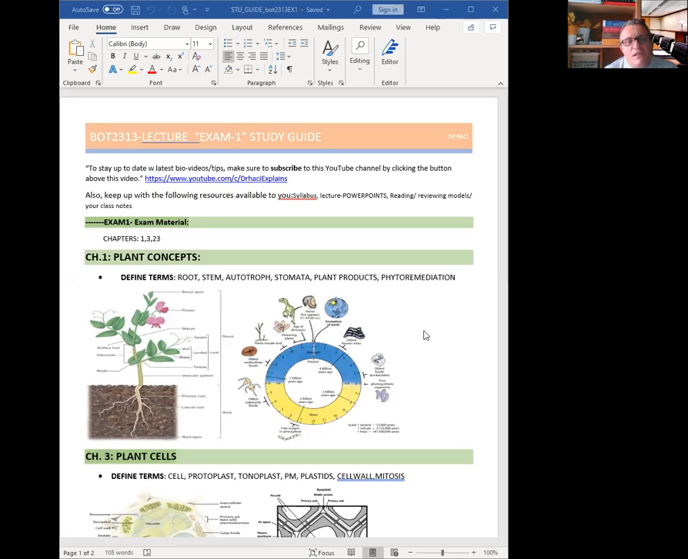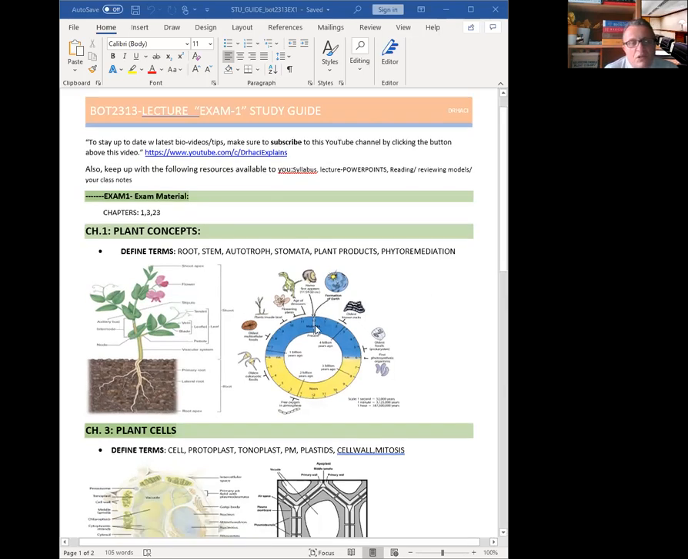So chapter 1 is about just basic plant concepts: why we study plants, and what is plant biology, botany, what is root system, shoot system, stomata, plant products, bioremediation, and there is this clock. Obviously, in chapter 1, that clock is actually very important. That clock shows